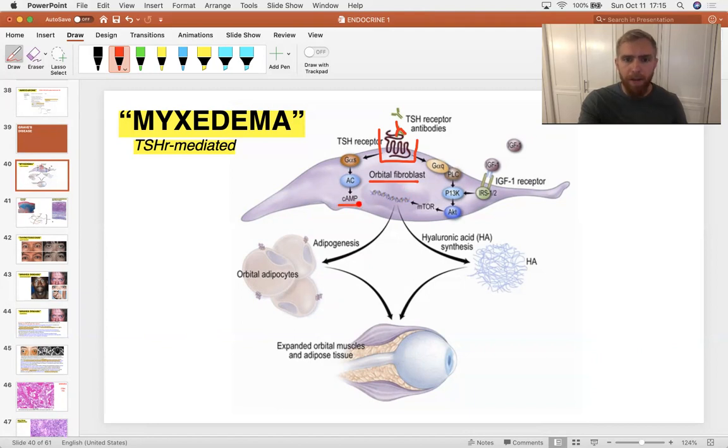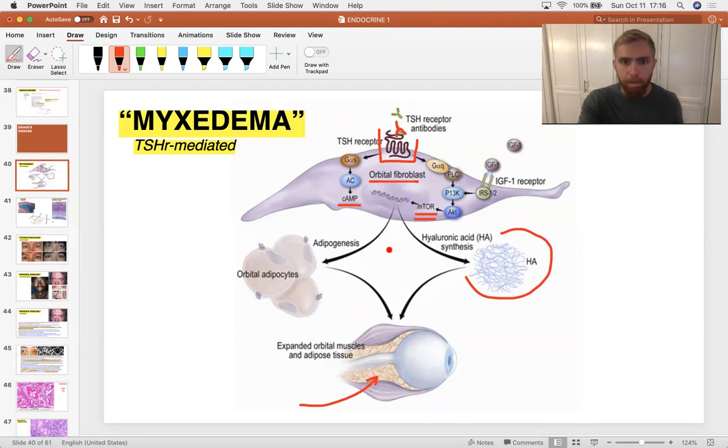So it'll bind and raise cyclic AMP, and it will also activate the mTOR pathway to get this fibroblast cranking. I mean, really doing what it ought to be doing. And what ought a fibroblast be doing? Throwing down extracellular matrix. So that happens, and then water follows this extracellular matrix, and so water edema pours into